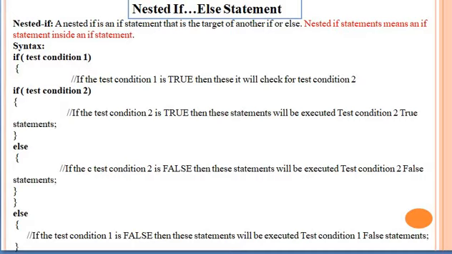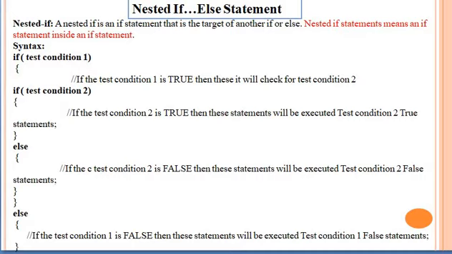This is the syntax of the nested if statement. If test condition 1 is true, then it will check test condition 2. If test condition 2 is true, then the test 2 true statement will execute.